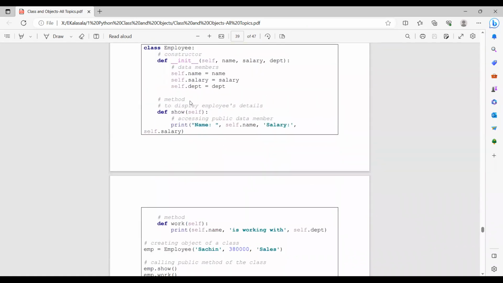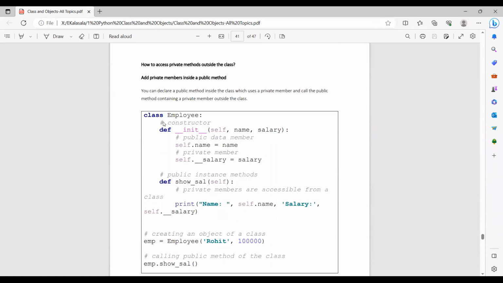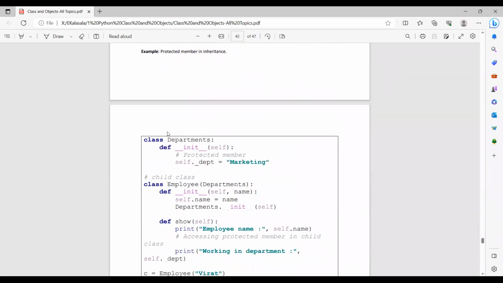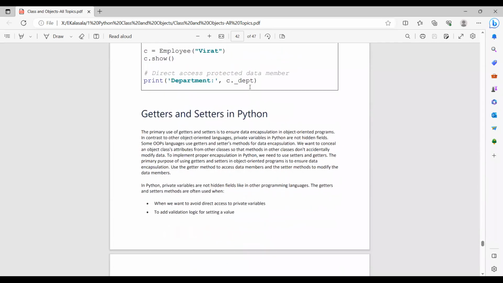So public members, like show, name, salary, all these are public members, right? Private will have a double underscore in the beginning. So name is public and salary becomes private. This is private. Protected will have one underscore. So department here is protected. Then you also have getter and setter functions, or methods rather, in